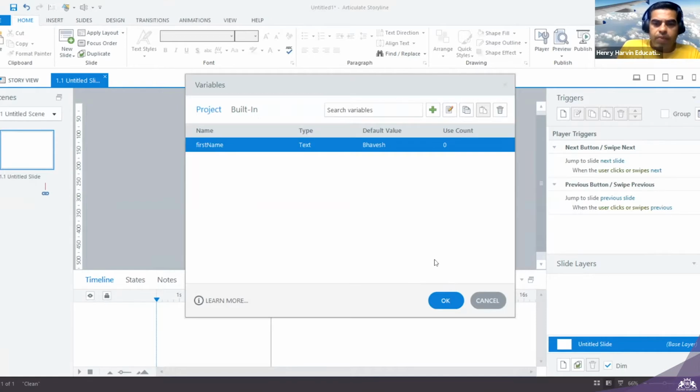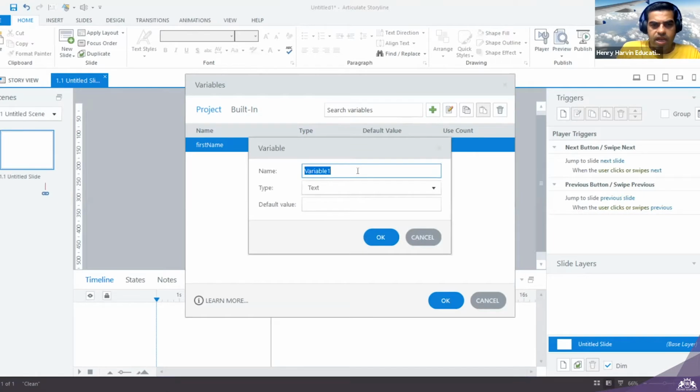Clear? Now I'm defining one more variable. I am saying another one is age. Age, naturally, I have to put in a number. Whatever default value you want to put, you can put it, otherwise it takes 0.